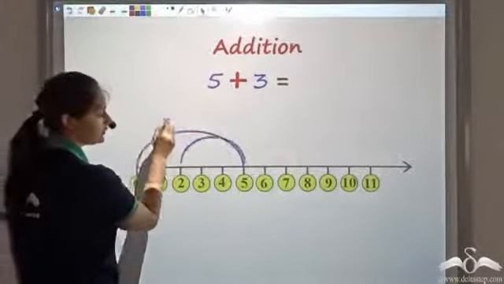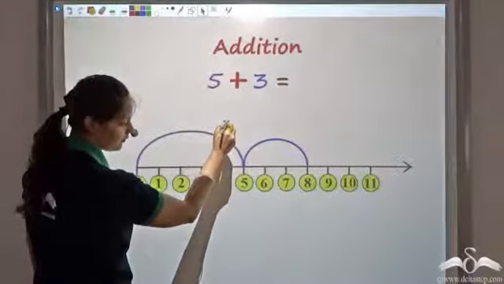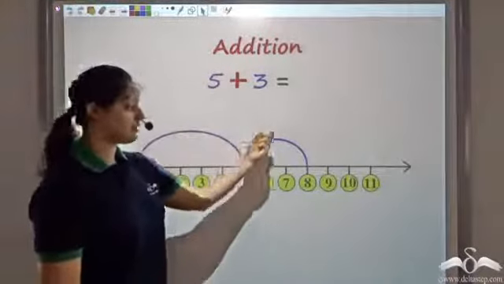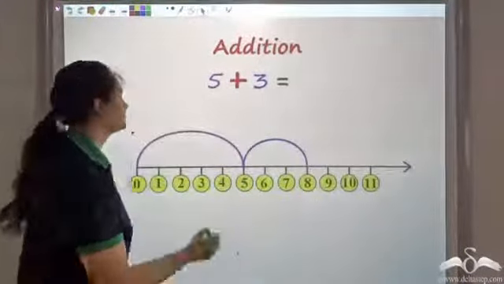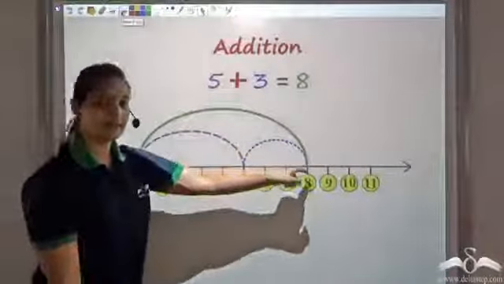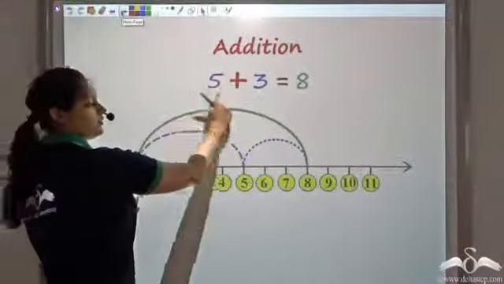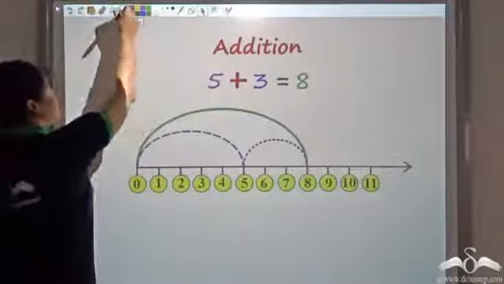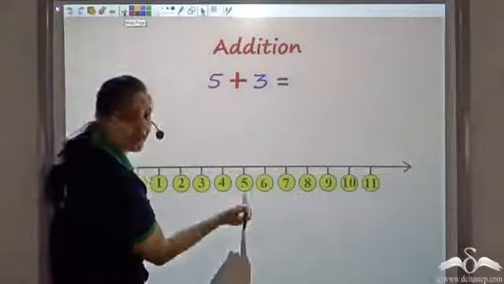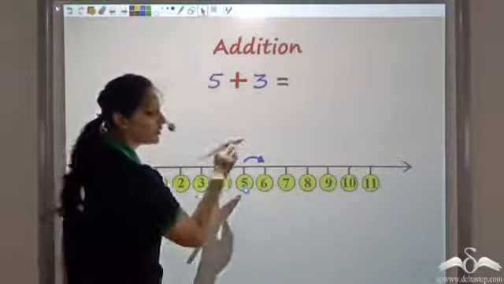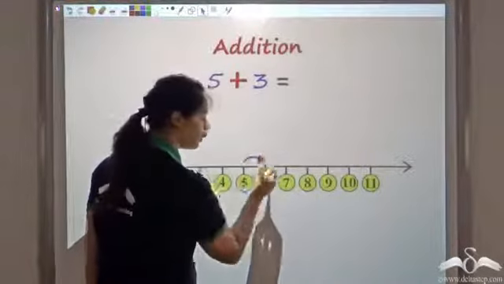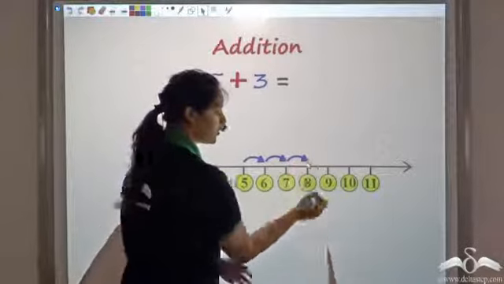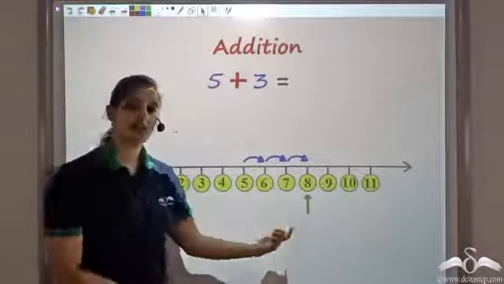So after 5, I'll move this 3 and this gives me 5 plus 3, that is 8. So this 8 is nothing but distance from the origin. So this gives me number 8. So 5 plus 3 gives me 8. Another way to look at this would be, you start from 5 and you move 3 in the right direction. You add 3, you move forward 3. 1, 2 and 3. So you get 8. So 5 plus 3 gives me 8 again.